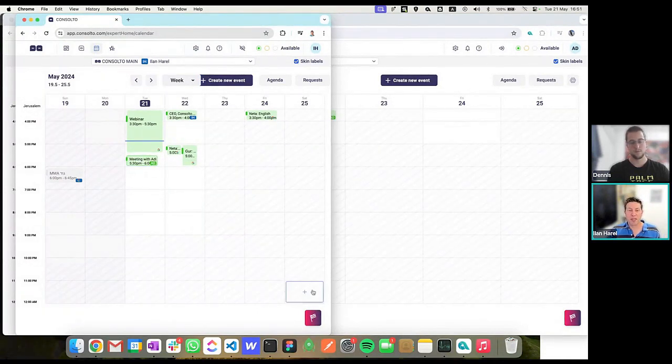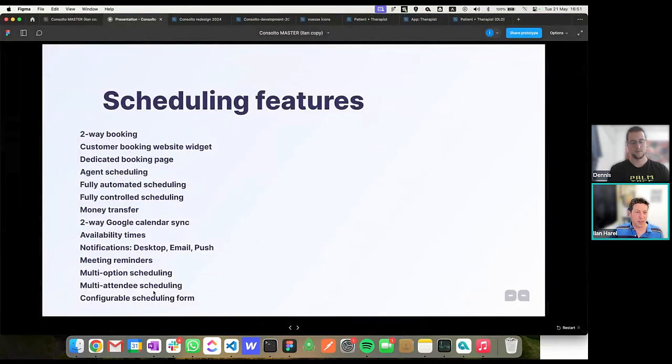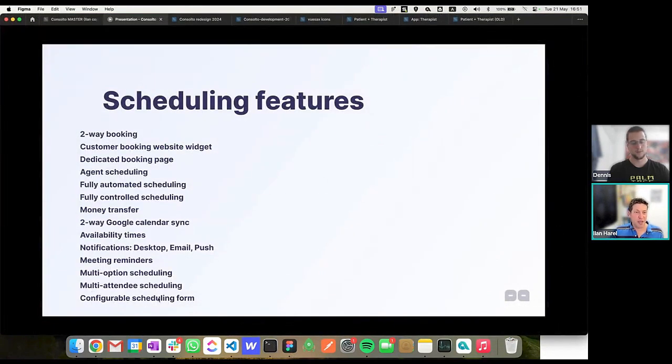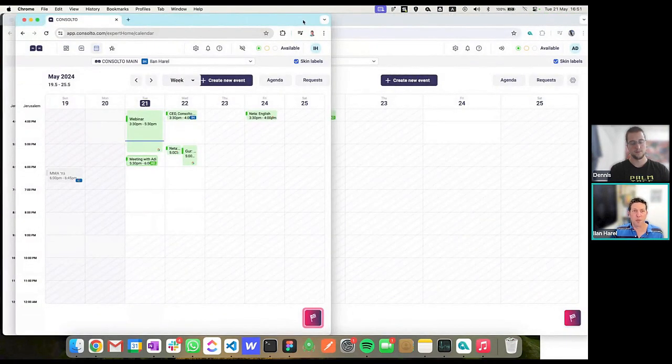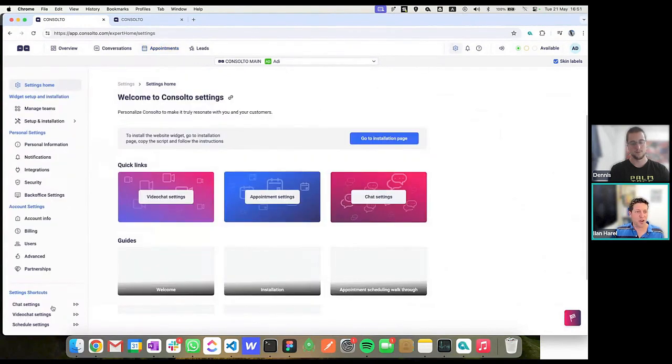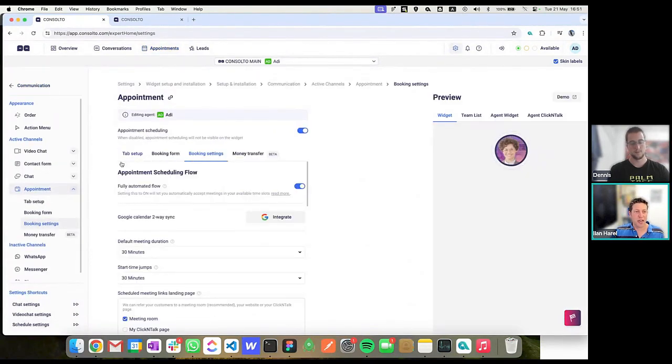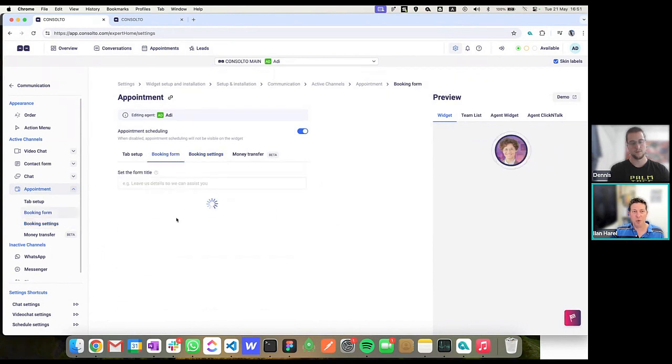So you can create multi-option meetings, multi-attendee meetings, and a configurable scheduling form. That's something that I will not go into depth today. But the idea is that everything here, either the chat, the video chat, and the scheduling, they have a separate form that you can edit the fields of.